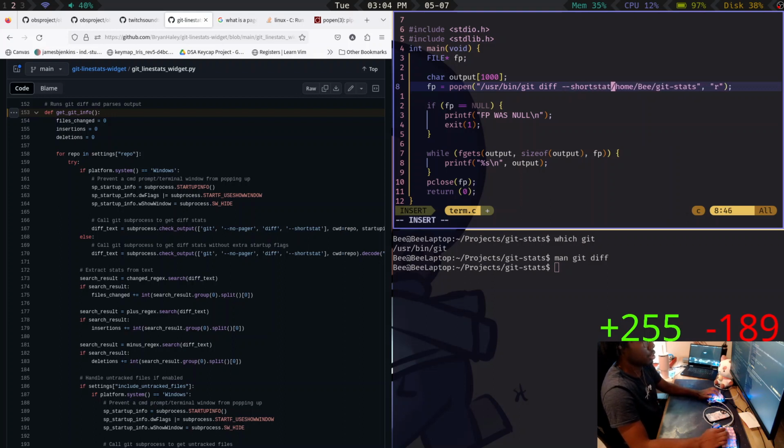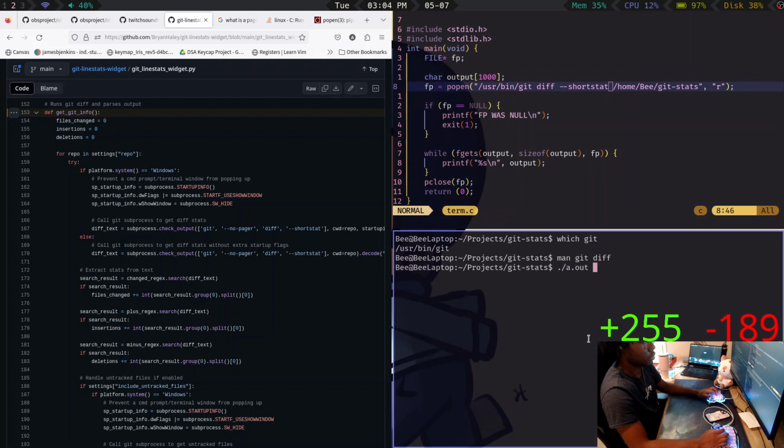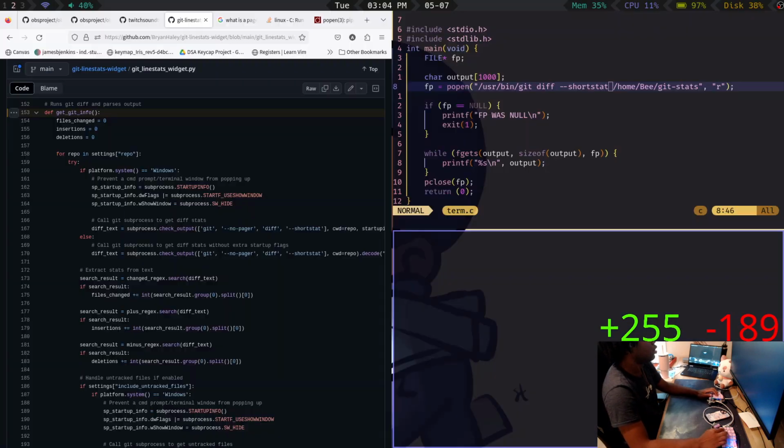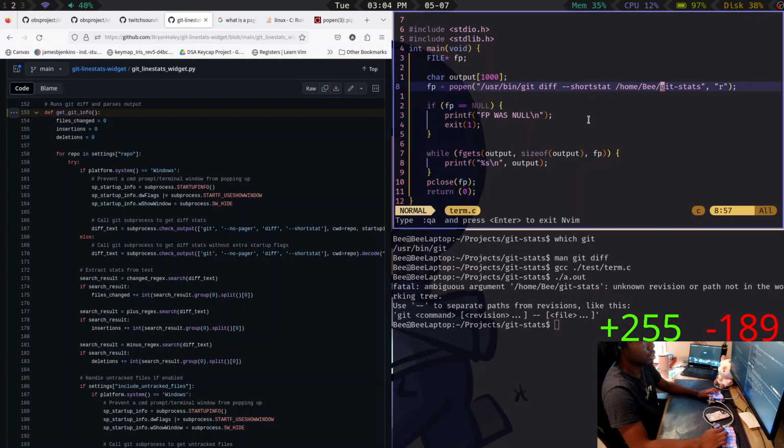Short stats. Ambiguous argument, unknown revision or path not in the tree. Oh, it's because it doesn't exist. So that's projects.